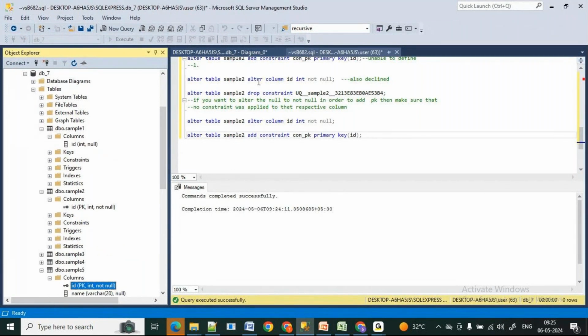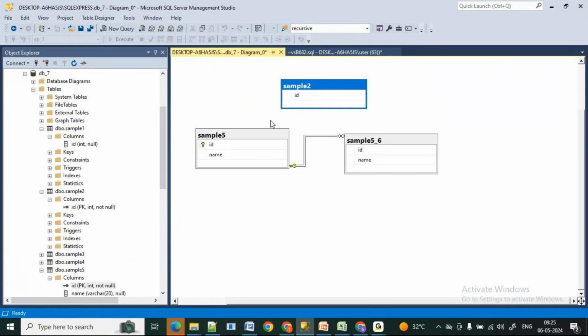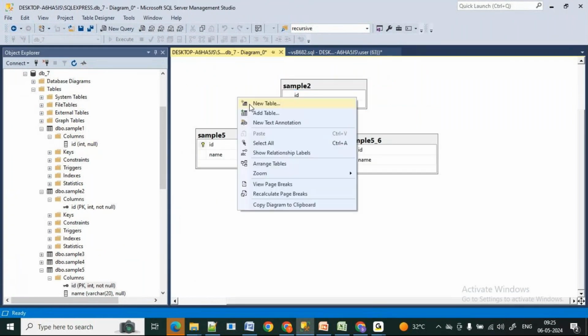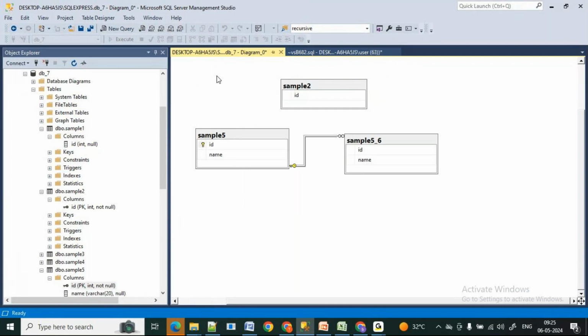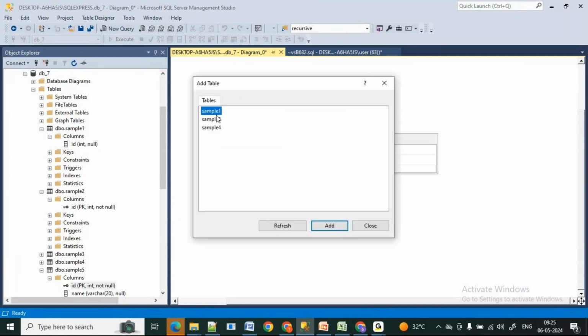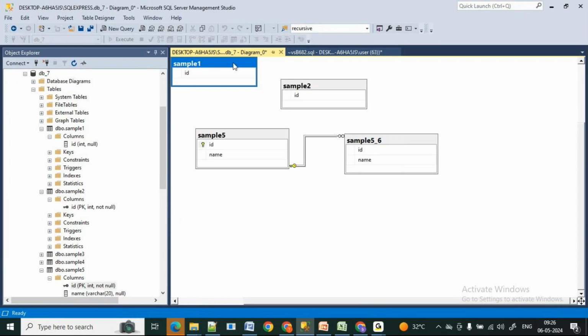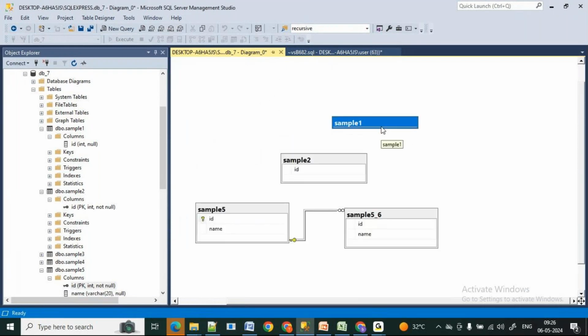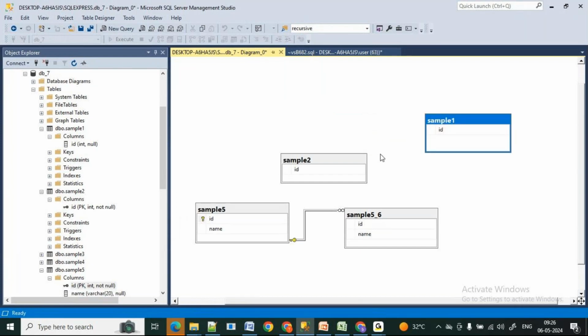So before that, let me go through this one. Sample 2, and let me add one more. Right click on the empty space, add table. Click on add table, try to take sample 1 table. Okay, done. So do I have any relationship between sample 1 and sample 2?